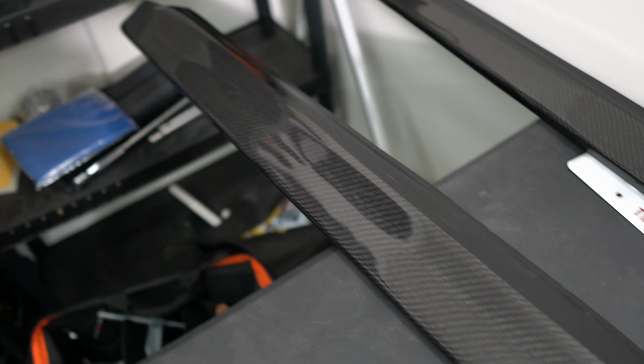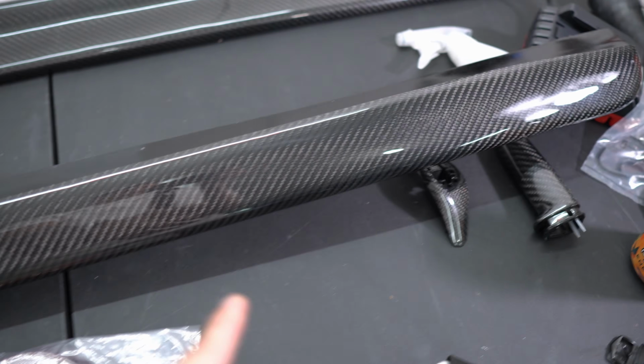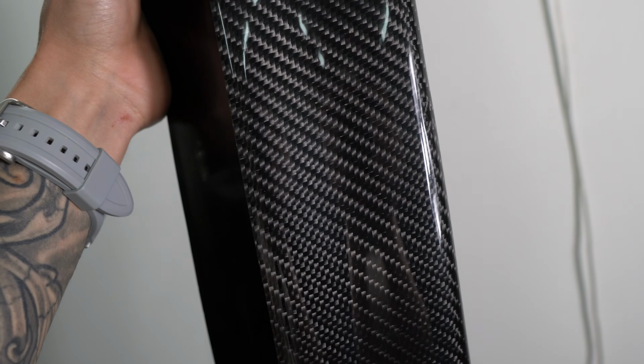So here they are. Check them out. Super aggressive. That's why I love these side skirts. I know most of the time people will have the side skirts that kind of just barely stick out like that, but I didn't want that. I want something more aggressive that you would actually see along the body line, and so these are going to be perfect for that. So just taking a look at the carbon fiber weave,